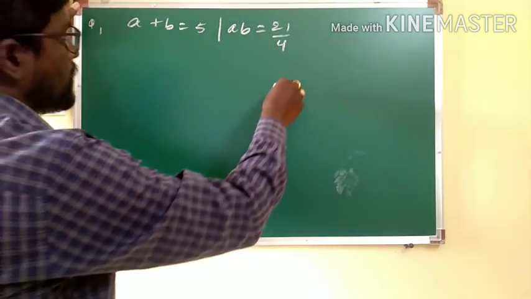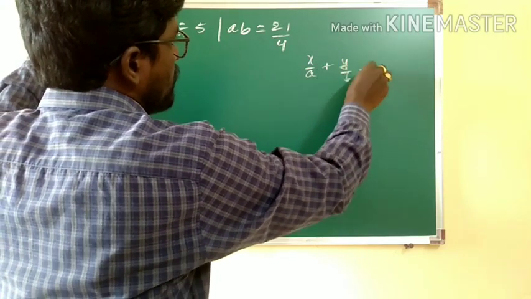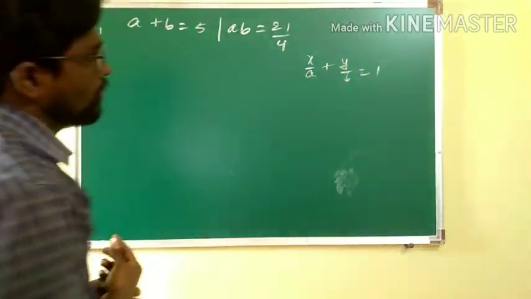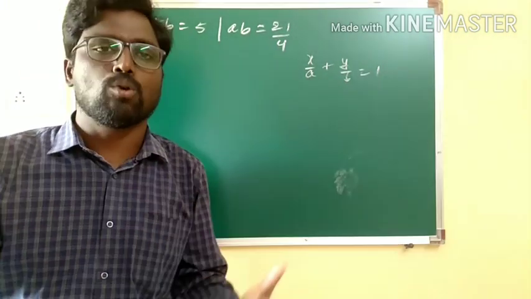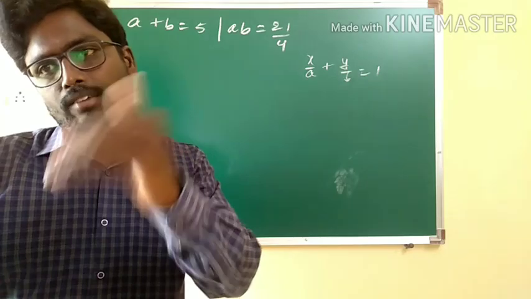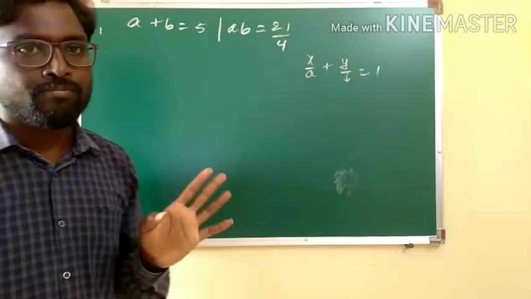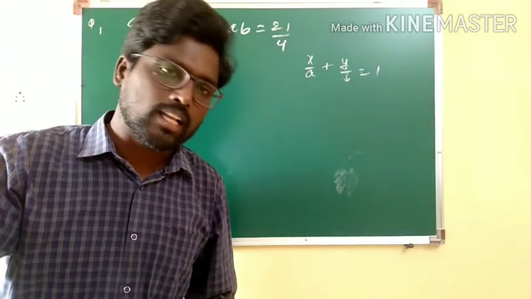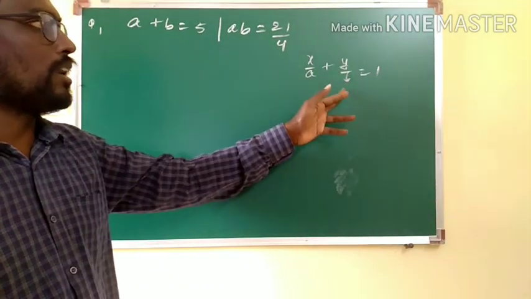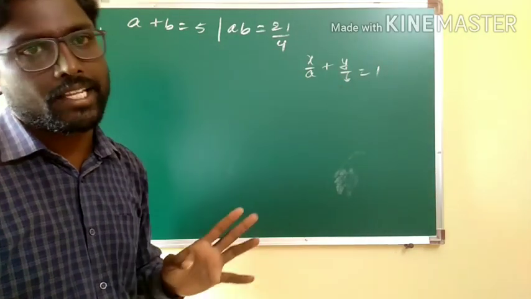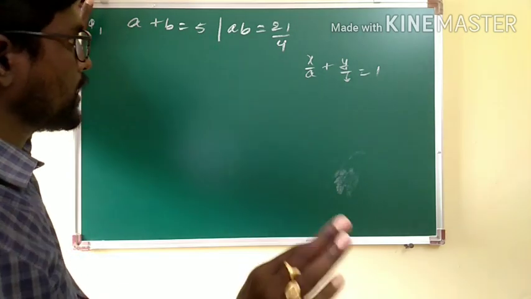What is generally the intercept form of the line? x by a plus y by b is equal to 1 is the required form. Here we can do this problem in both ways. The first way is to convert the given options into intercept form and check their sum and product. The other method is using these two results to calculate a and b values and then substitute in the line equation. Anyway, I'll be going with the traditional method.